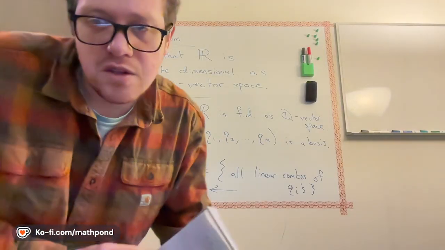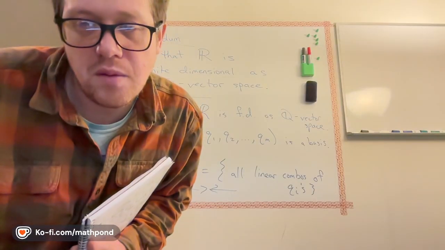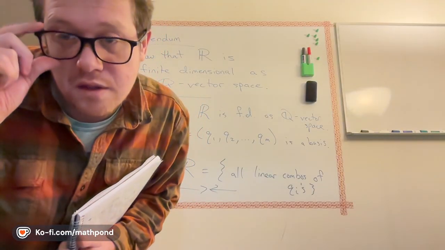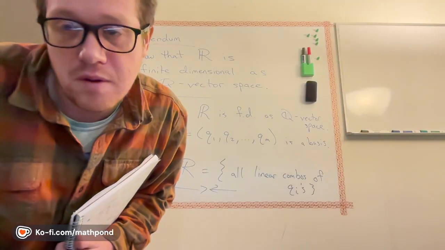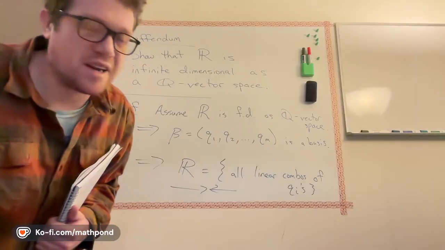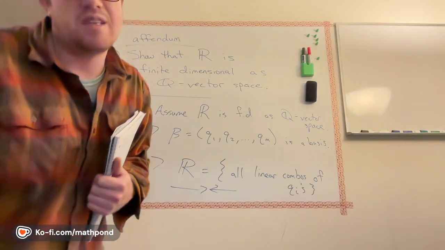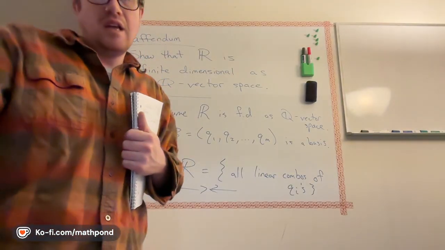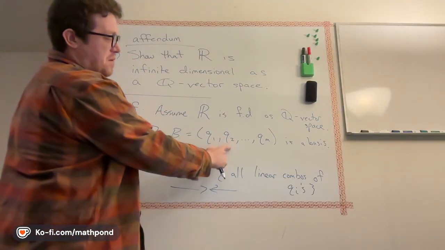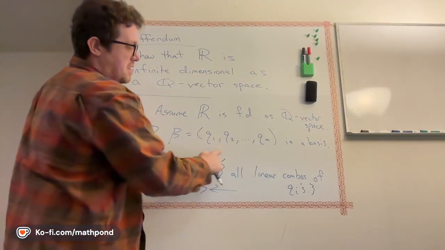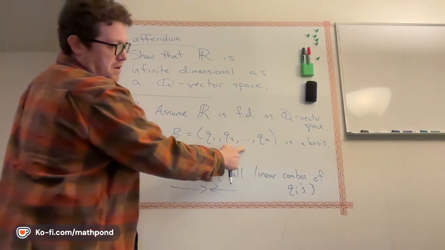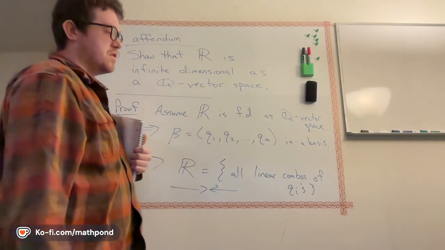What are you saying here? So every vector has unique coordinates. Wait, can we not show it with the existence of transcendental numbers? Pi is not the root of any finite polynomial with rational coefficients. Yeah, but pi is the root of x minus pi, right? So we have to be a little careful, because these numbers don't have to be rational. I shouldn't have written Q's here. Really, they should be R's: r1, r2, r3, up to r sub m.